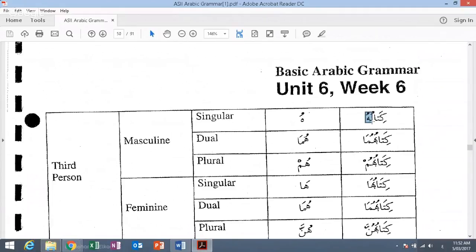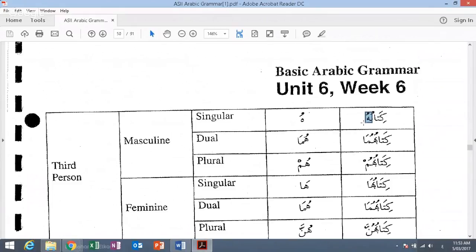Now you can see here, I highlight for you kitabu and hu. Is there any gap in between the two words? No gap. This means this is muttasil, join. Number two, kitabu is mudaf. Who is mudaf ilayh? And mudaf ilayh is always majroor. That's why the name of this dhamir is majroor and muttasil.